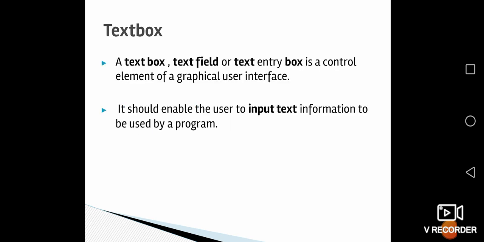Text box. What is a text box? A text box means any highlighted information on a document will be given in a text box. Usually when you see a newspaper, you will have some highlighted information. Either it will be an advertisement or a specific piece of data from the newspaper that will be given over there.